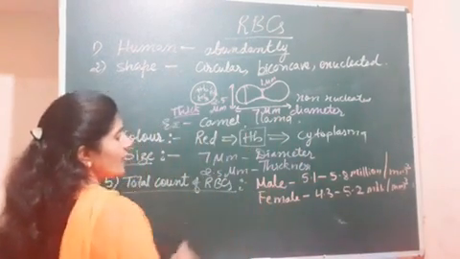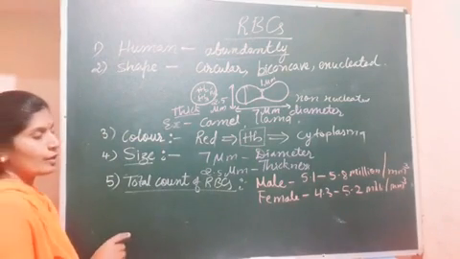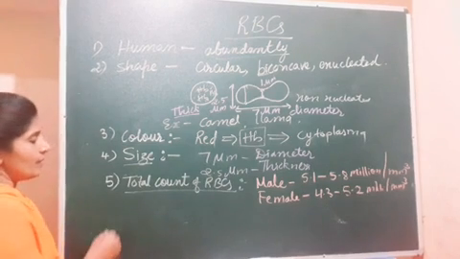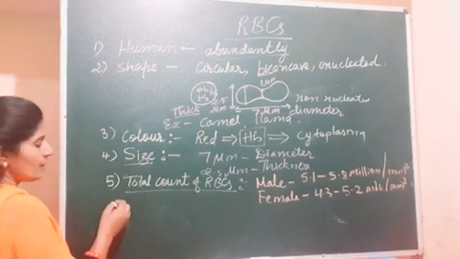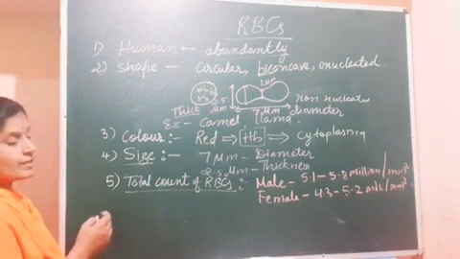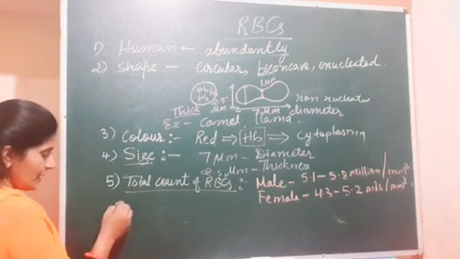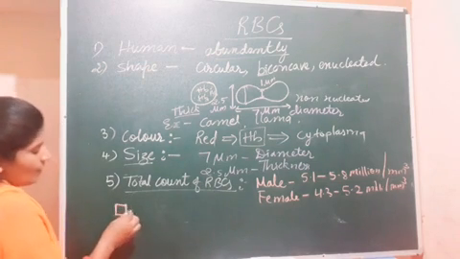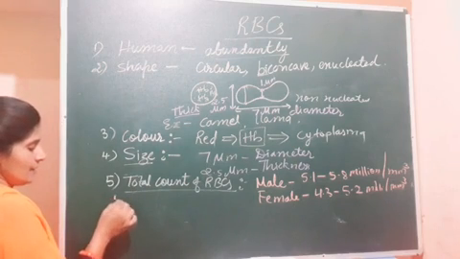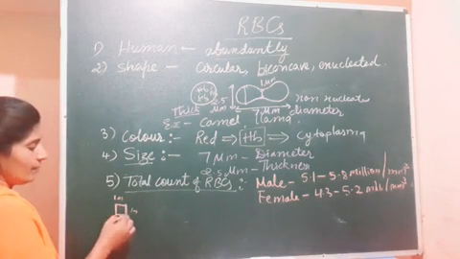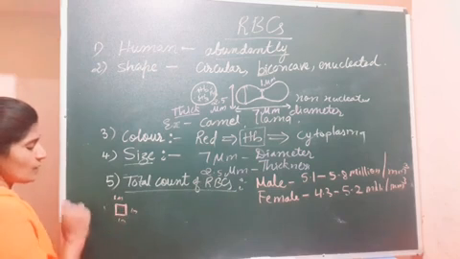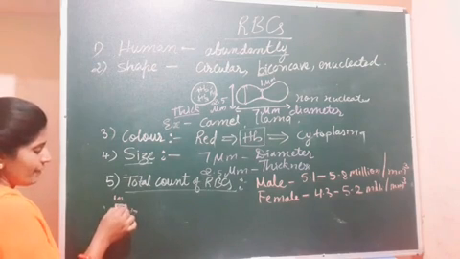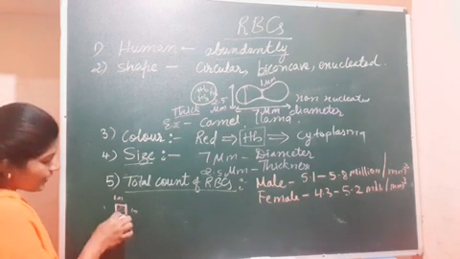In the male, more are there, 5.1 to 5.8 million per cubic mm of blood. In the female, 4.3 to 5.2 million per cubic mm of blood. What is per cubic mm of blood? When we take the blood smear, we will take the area only 1 cube. 1 cube means how much it is here? 1 mm. This is also 1 mm, 1 millimeter. This is 1 millimeter, and this one also 1 millimeter. That much area. When you collect the blood here, and if we count the RBCs in that per cubic mm